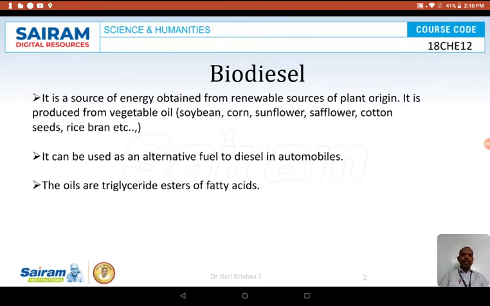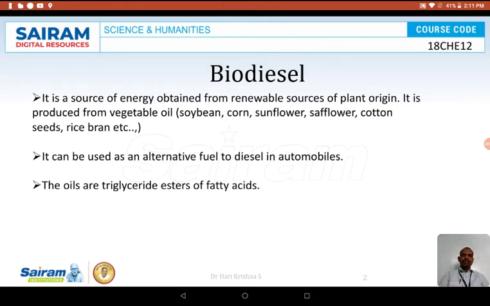These triglyceride esters of fatty acids will be converted into biodiesel by a process called transesterification in the presence of methanol or alcohol and sodium hydroxide alkali